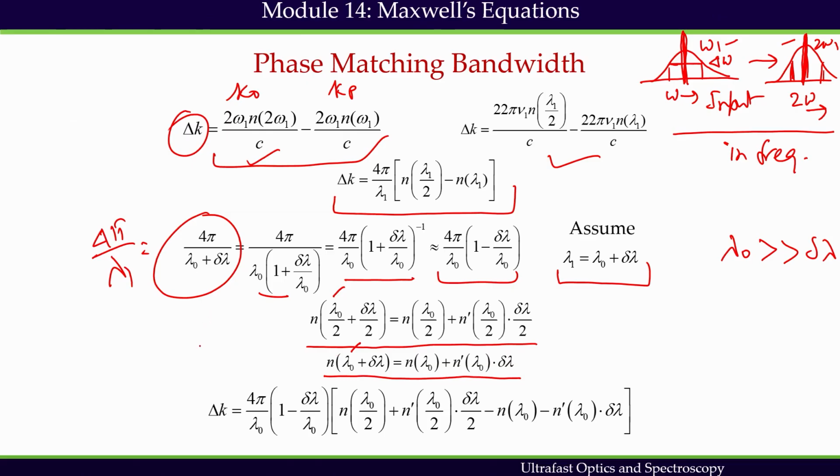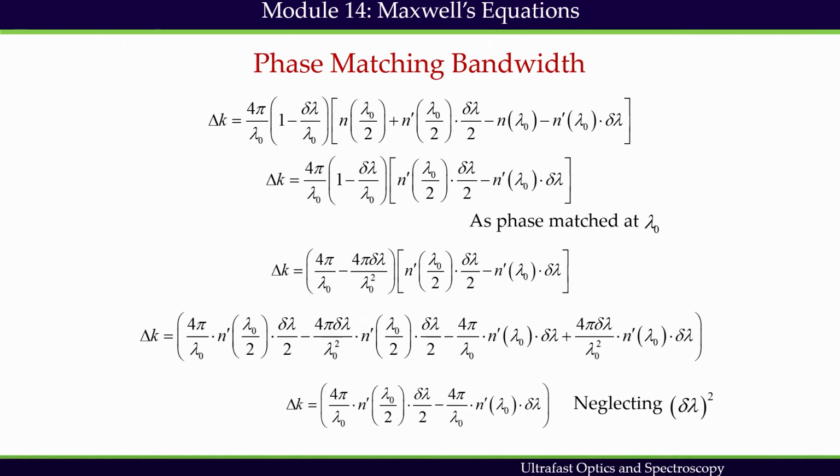So we plug that in, finally we get this expression, and because it is phase matched at lambda naught, we can write down that n of lambda naught equals n of lambda naught by 2. This is what we can write down, and that's why you can reduce this expression,